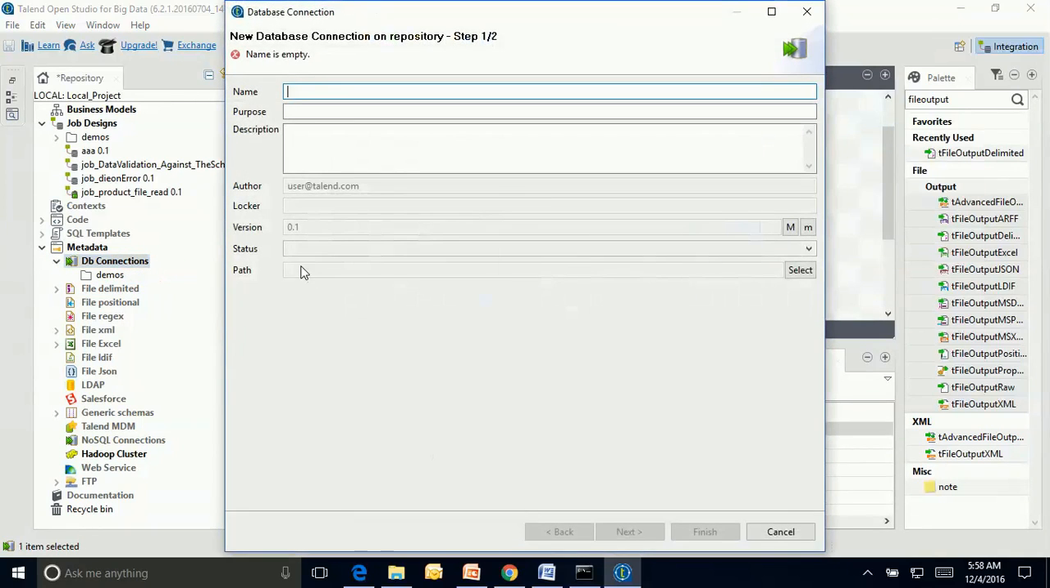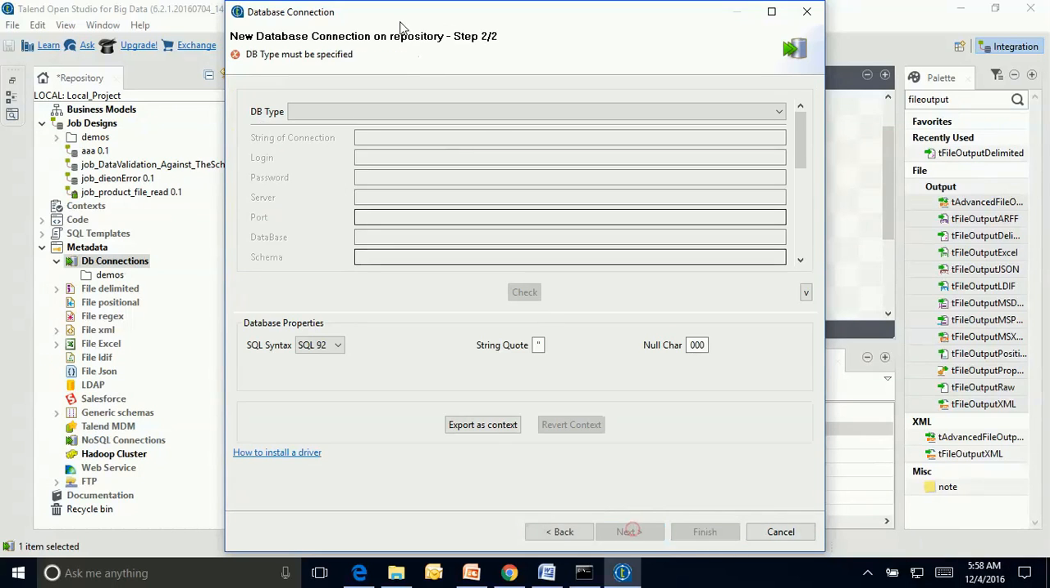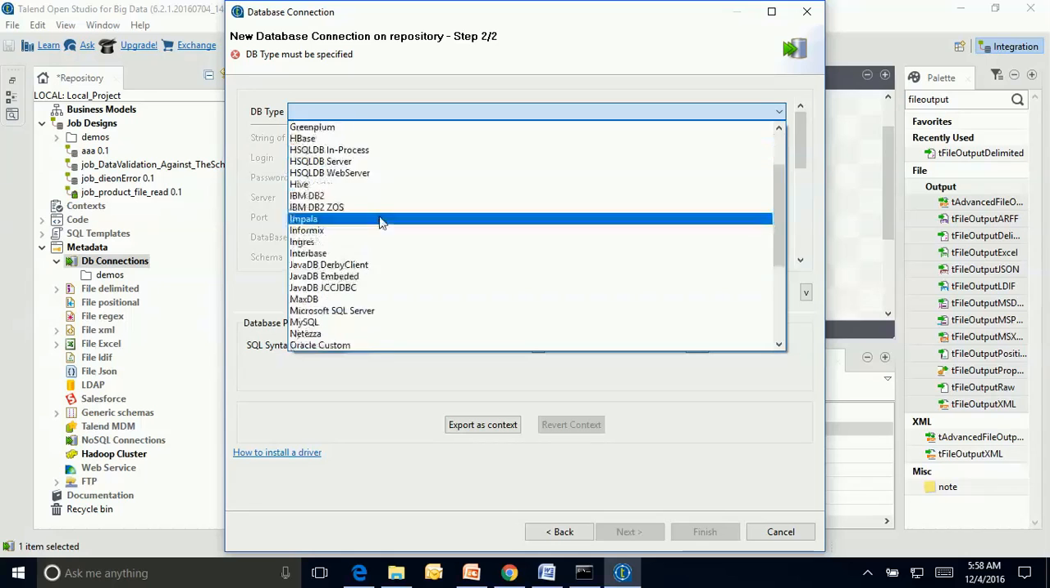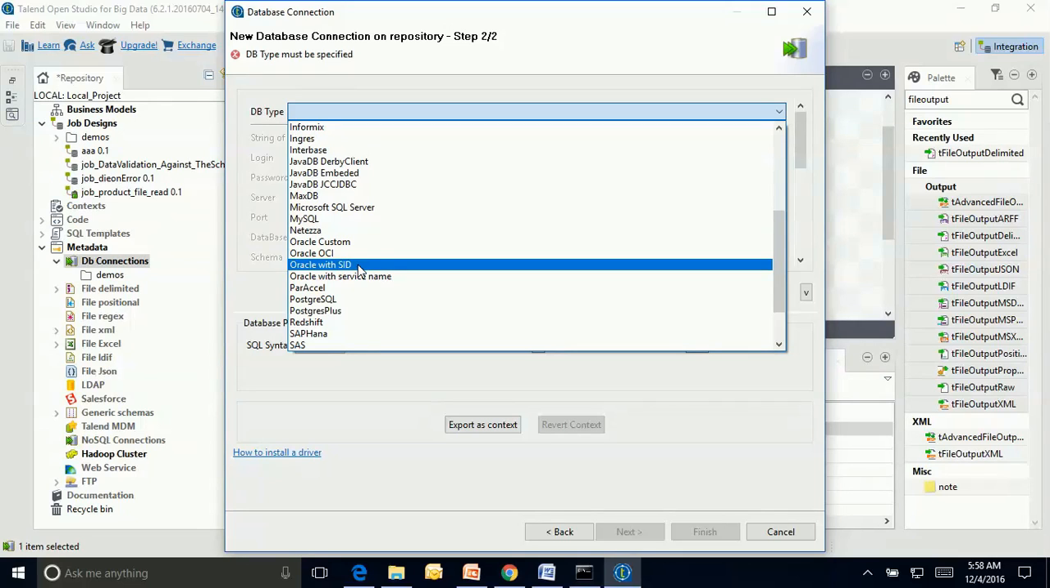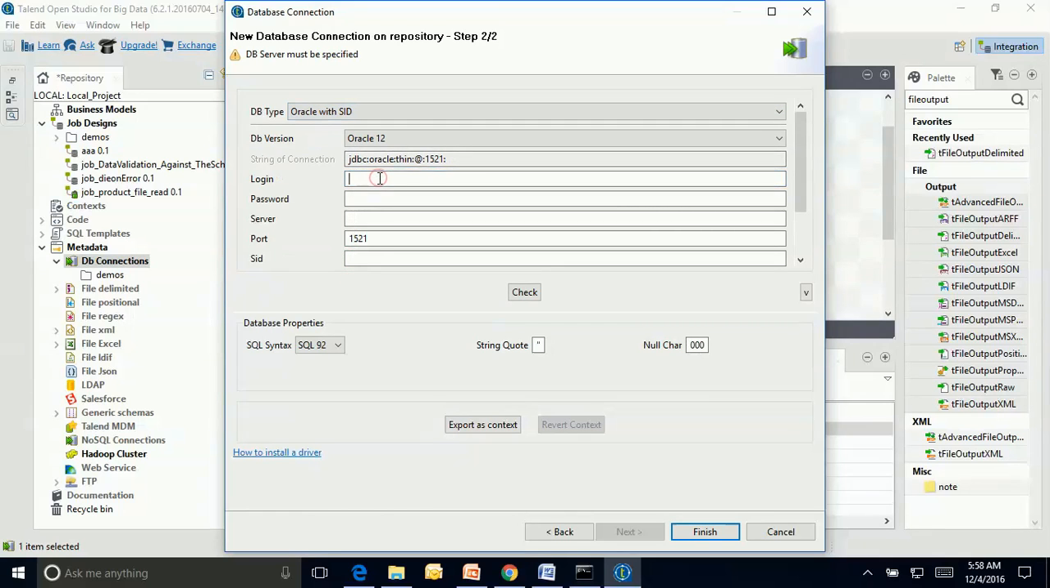Create connection. Here I have to give a connection name for a user: connection underscore xe. XE is the SID. So here you have to select the database type. For Oracle, several types of connections are supported, but in this particular scenario I am going to use Oracle with SID. That's the reason I am selecting Oracle with SID, and login should be aura underscore user, and for password I am giving the password,